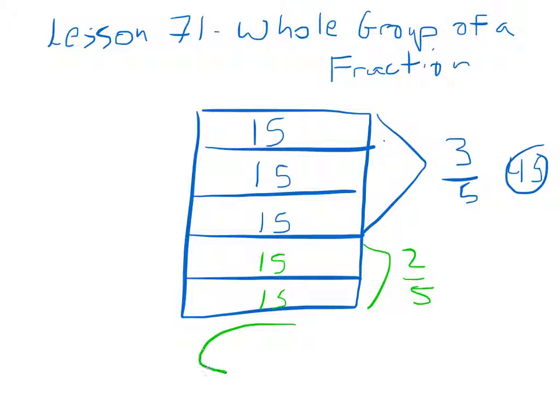But the main question they want to know is, what's my total? How many fish are totally in this pond? And so 15 times 5 is going to equal 75. So there are a total of 75 fish in this pond. So using a diagram like this is very helpful to solving word problems when we have these word problems with